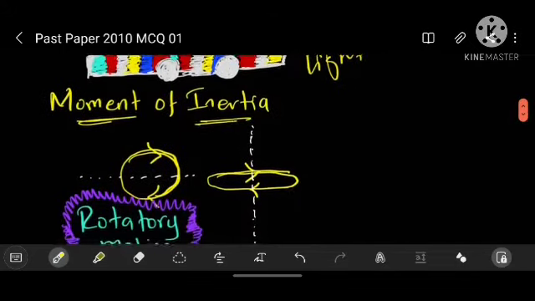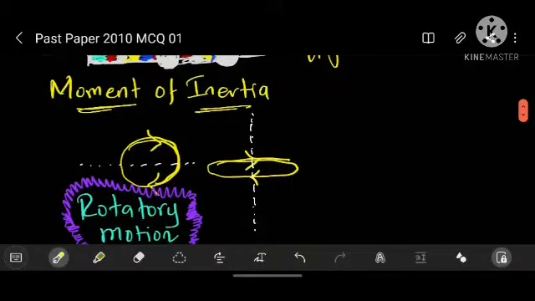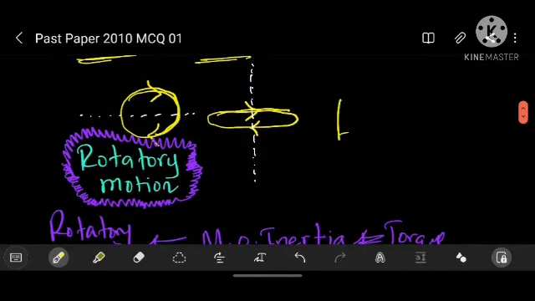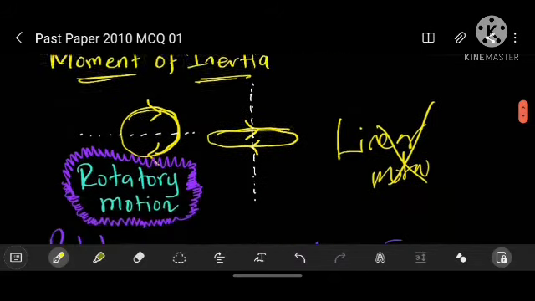Now we understood inertia. Now let's talk about the moment of inertia. It's easy for us to understand because we now know inertia. Moment of inertia is that property where matter resists change in its state of rotatory motion, not the linear motion. So the larger the moment of inertia, the greater the amount of